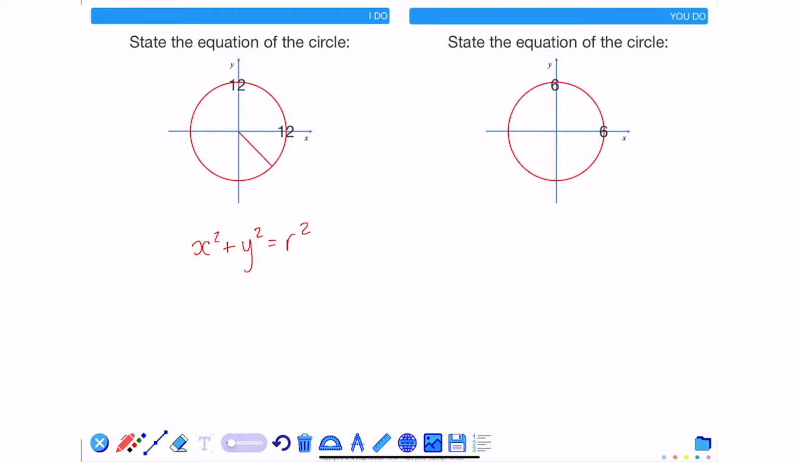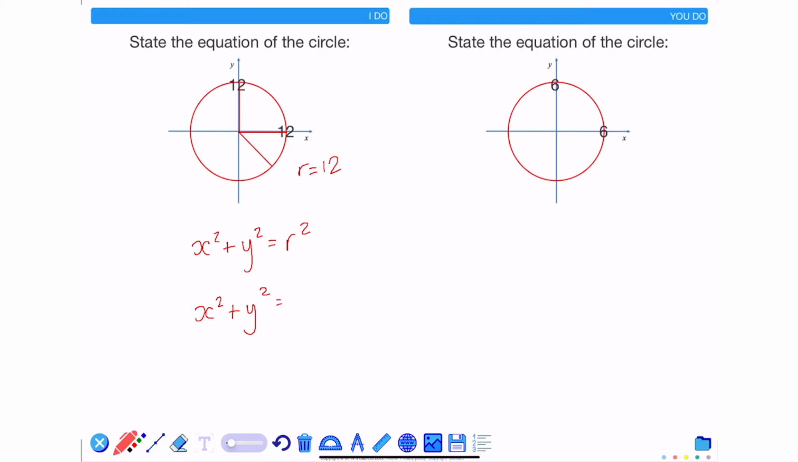The radius of the circle is the distance from the centre to the circumference, and you'll notice that if the centre is at the origin, it will be the same as the point of intersection with either the x-axis or the y-axis. The radius in this case is 12, so the equation of the circle is x squared plus y